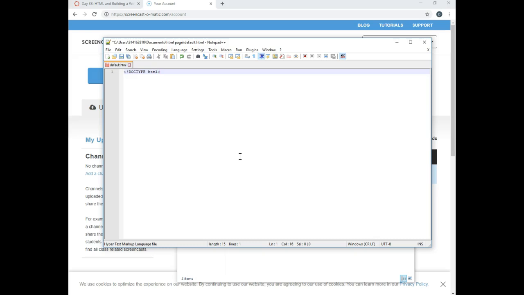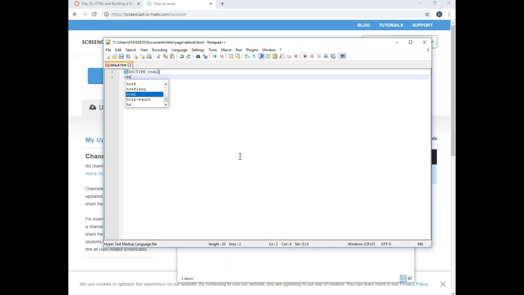What that does is it tells the browser, oh, we're going to be using HTML today. It's like beginning the conversation by saying, we're going to be speaking English today. Right, that's what it's doing. When we say doctype HTML, and then we start the next line with the opening bracket,